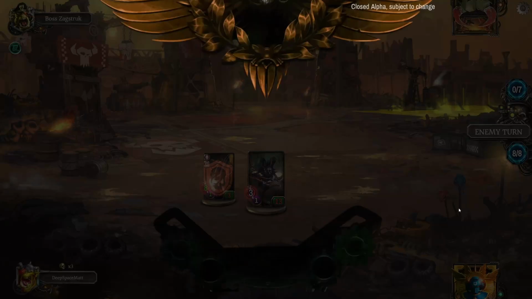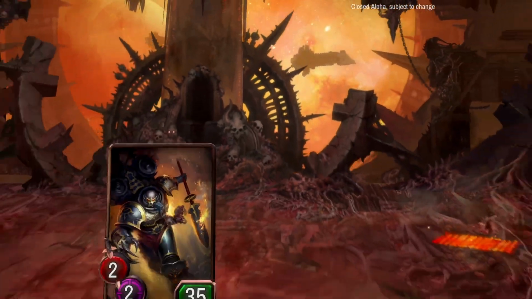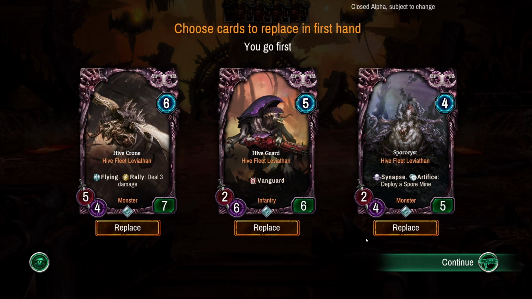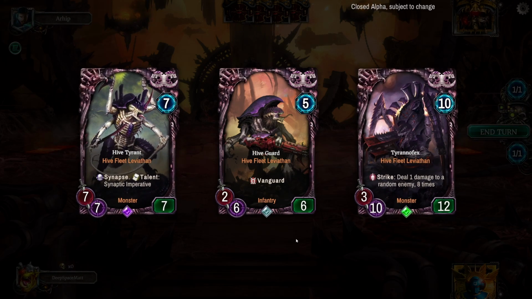Okay, we're good. I'm going in again. Another match. Let's go. Alright, here we go against the Black Legion again. We want not this one, not this one. I'm going to keep the Vanguard. Hopefully we get to keep it. We do good. We are actually...